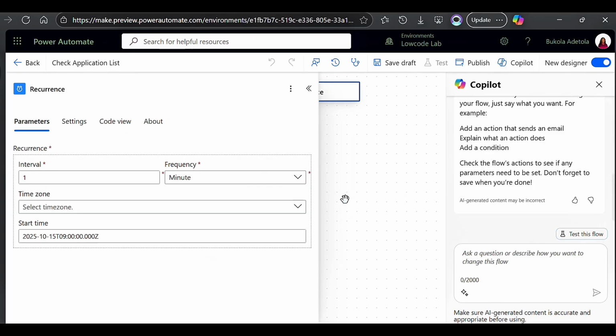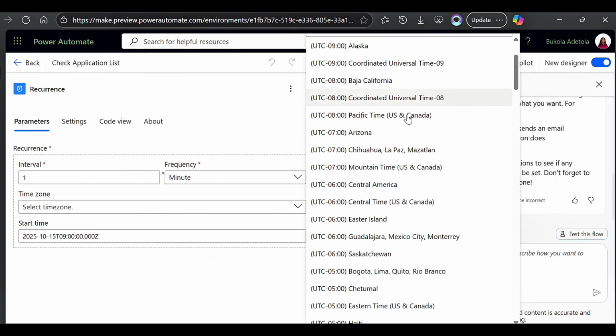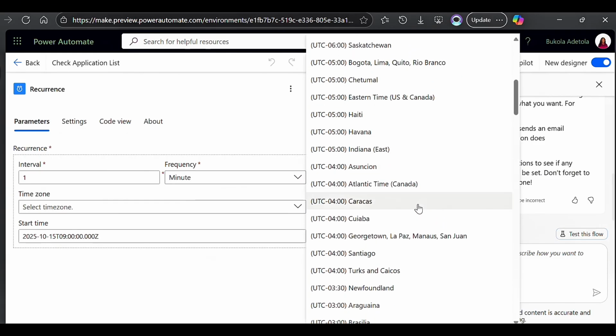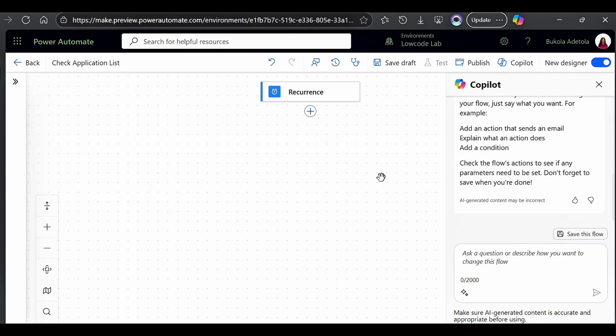So once we open this up, we're required to select a time zone, and I'm currently in Lagos, Nigeria. So I would select a matching time zone. So West African time. Yeah, found it. So the next thing I'd like to do is to add the actions, the steps under the